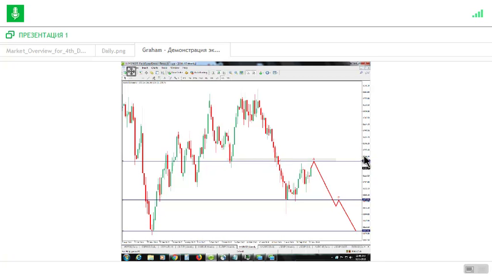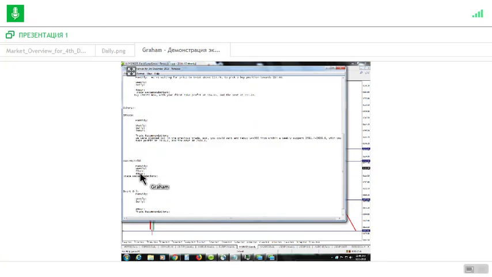So on the weekly chart, the best you should do is to place a pending sell limit around 1246.92 with the stop loss up here. So that's the thing you need to write on this side. Place a pending sell limit order at 1246.92 with the stop loss above 1267.41 and take it,